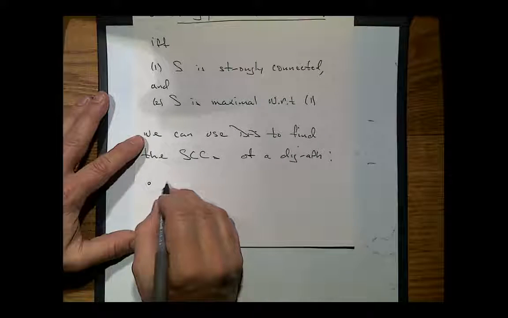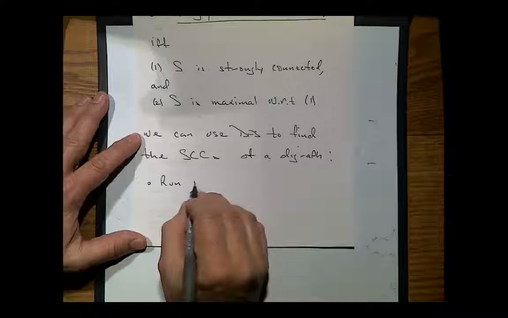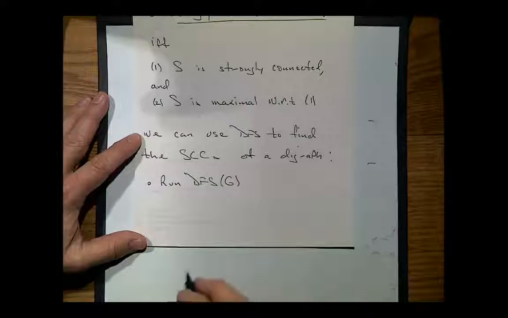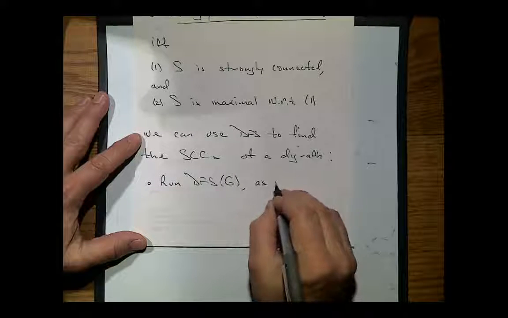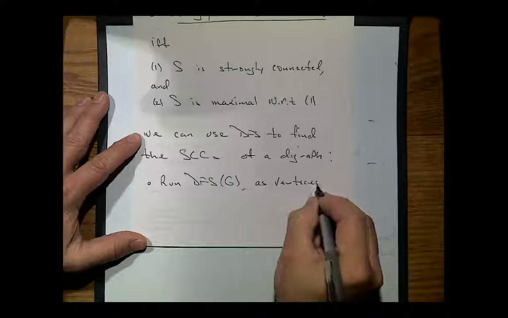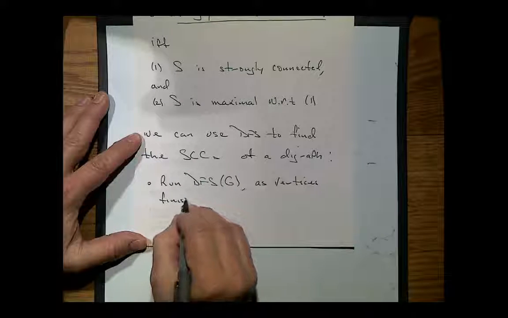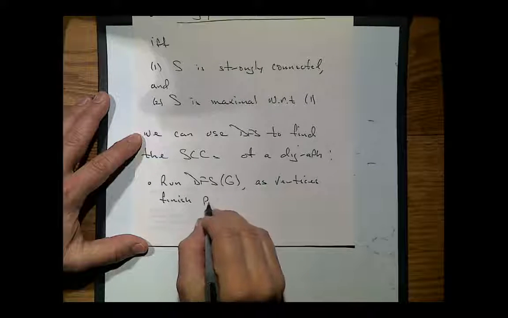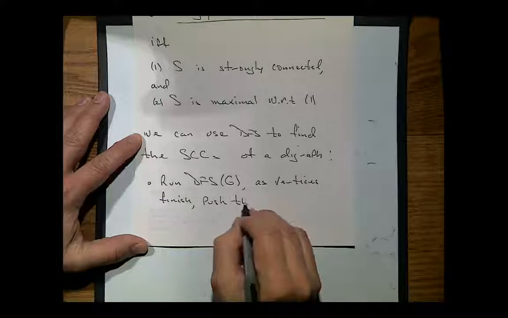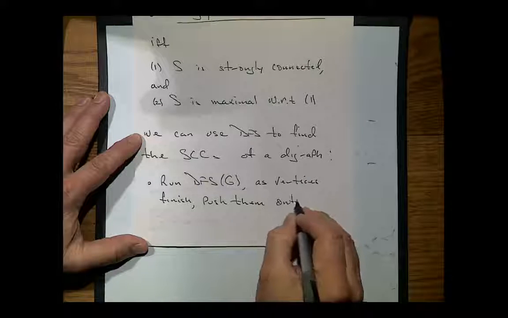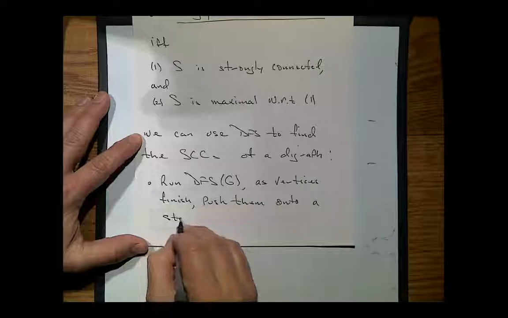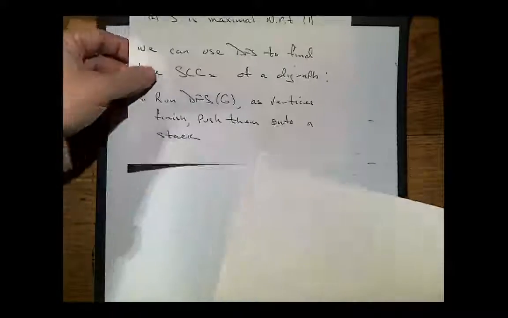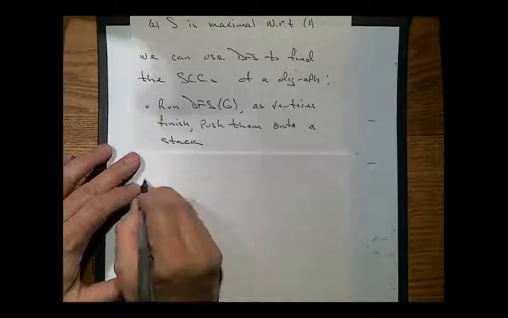Call DFS. So run DFS on G. As vertices finish, push them onto a stack. Then compute the transpose